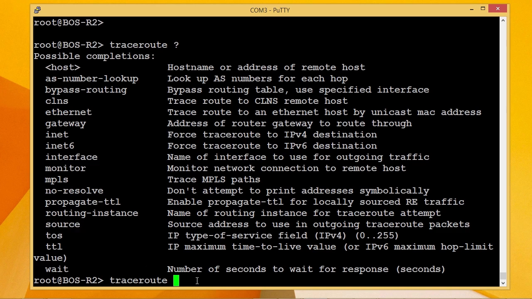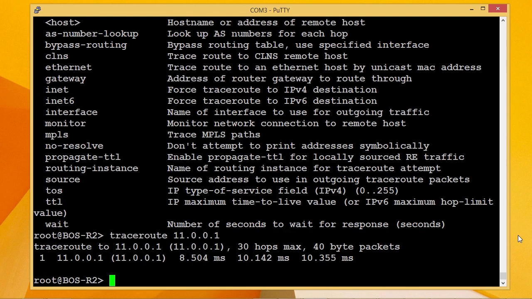Now let me start with the basic traceroute. I've just got a small little network here, so I'll traceroute over to 11.0.0.1. I hit enter, and you'll notice that it comes up with the traceroute output. It shows that it'll do a maximum of 30 hops and 40 byte packets. Down below, we can see that it found the destination in the first hop, 11.0.0.1, and then gives you the time that it took for each of the different messages to come back: 8.5 milliseconds, 10 milliseconds,